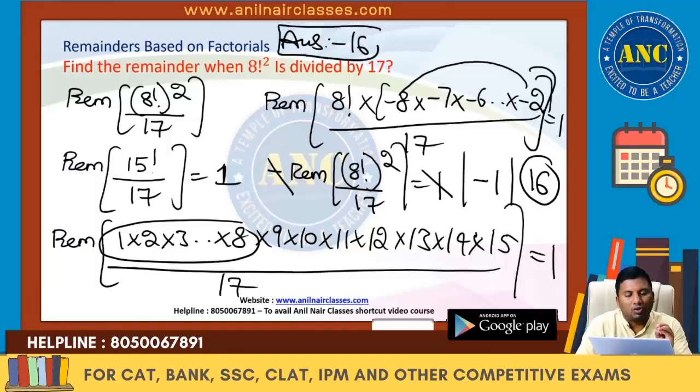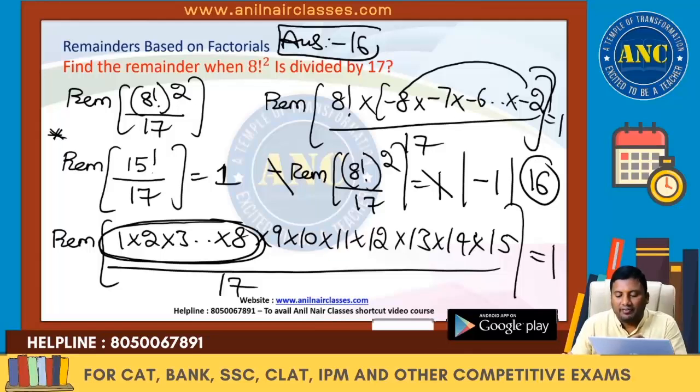8 factorial whole square divided by 17. 15 factorial divided by 17: P minus 2 factorial when divided by P is 1. 15 factorial is 1 to 15. 1 into 2 into 3 till 8 is 8 factorial. Minus 8, minus 7, minus 6, minus 2. From 2 to 8 there are 7 negatives. 7 negatives, if I multiply, I will get